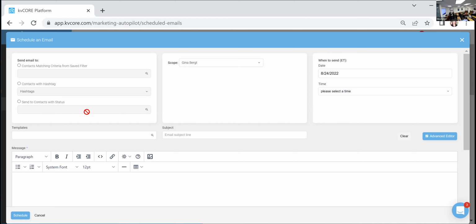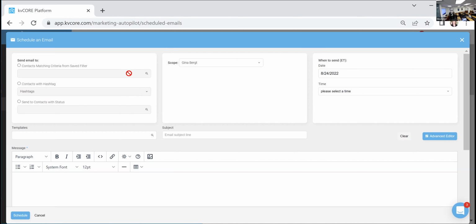And remember, the status is the same thing as client, buyer, new lead, or prospect. Those are the statuses. The only issue with the status is you can only send it